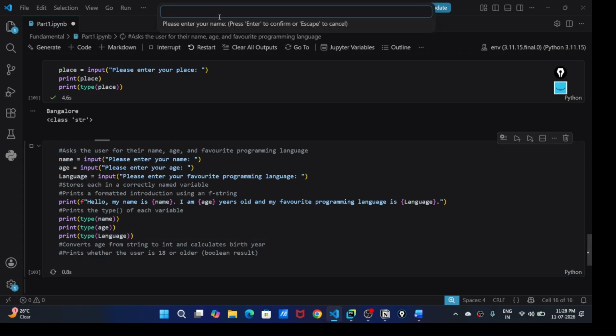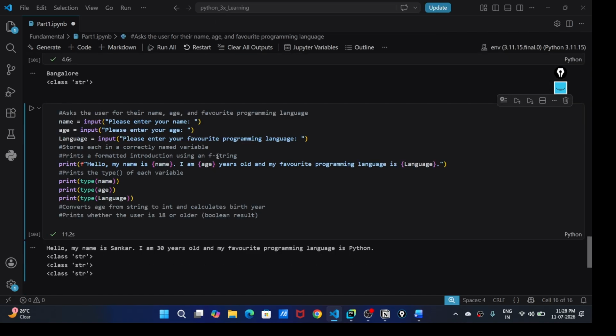Let's execute once again. Then give the age, now give the programming language, Python, and execute. So all three are strings, right?